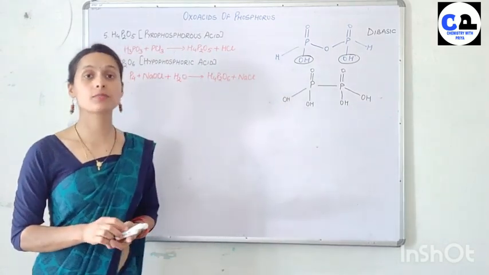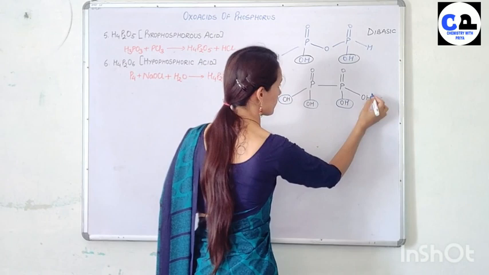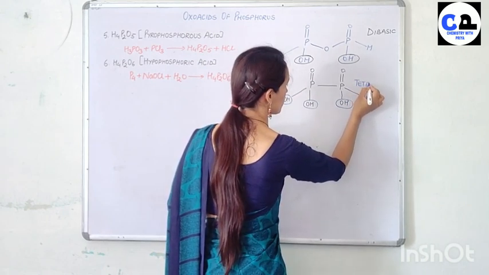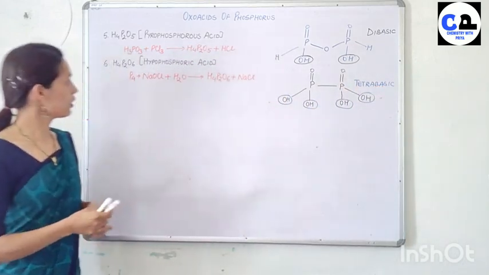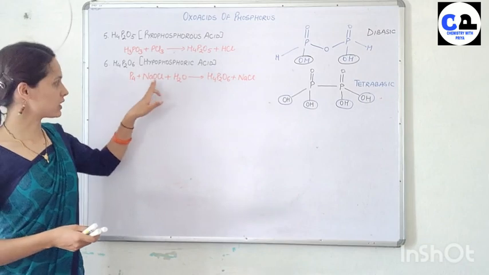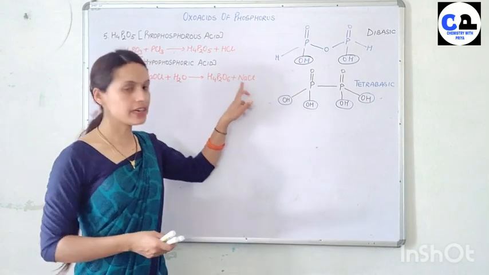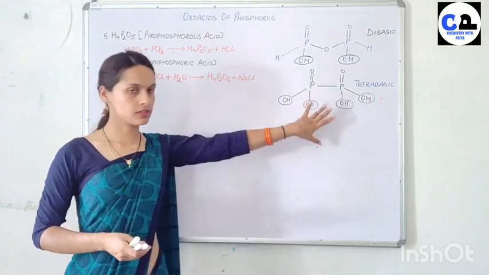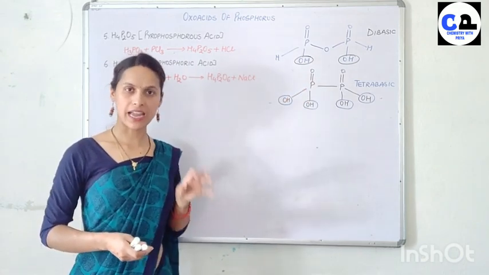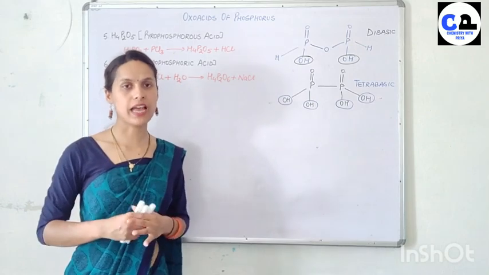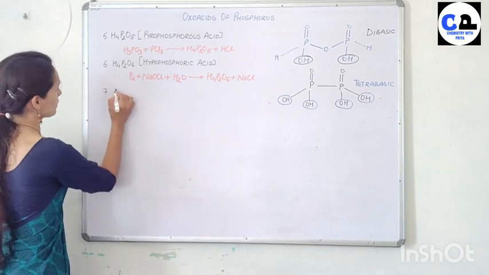And if I talk about its basicity, it is tetrabasic. This one is tetrabasic. So, when white phosphorus reacts with aqueous solution of NaOCl, then we get H4P2O6 along with NaCl. And this oxo acid is tetrabasic because it has 4 replaceable hydrogen atoms. Now, next we will talk about the 7th one, that is